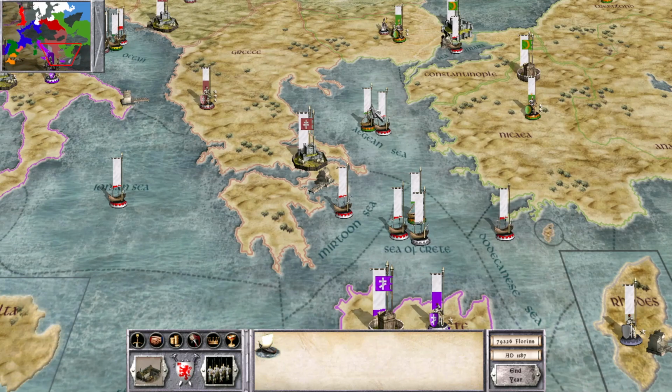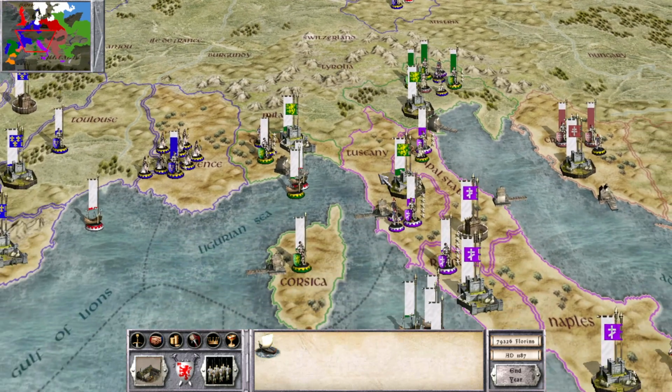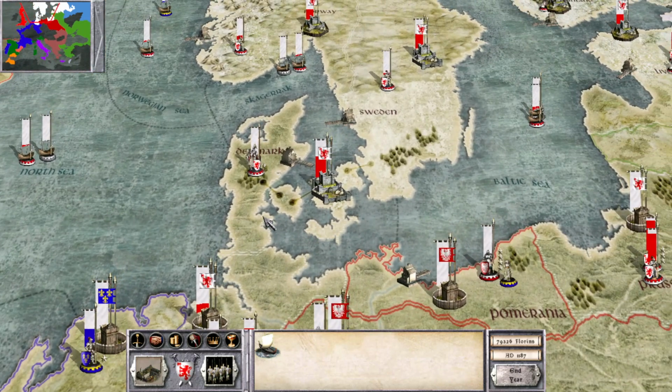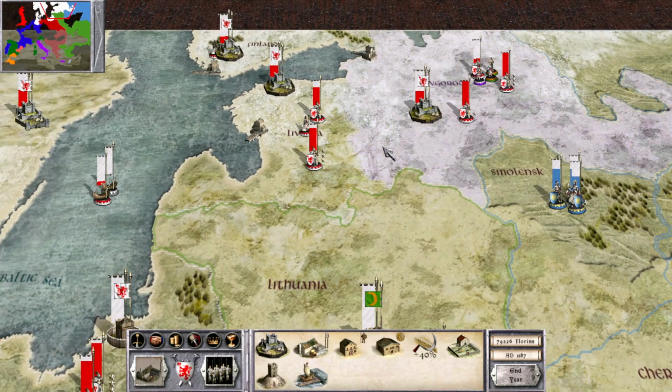My gut feeling is saying the Turks want more. And if they decide that that is the case, then my income is going to take a large hit, and it's not going to recover until after the Mongols show up. So I don't want to wait that long. I need that income. I need that money to prepare myself for the arrival of the